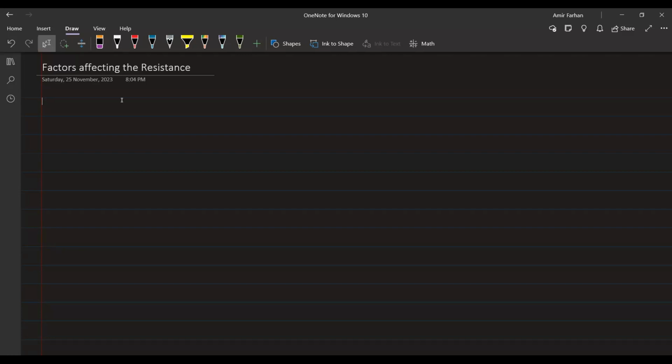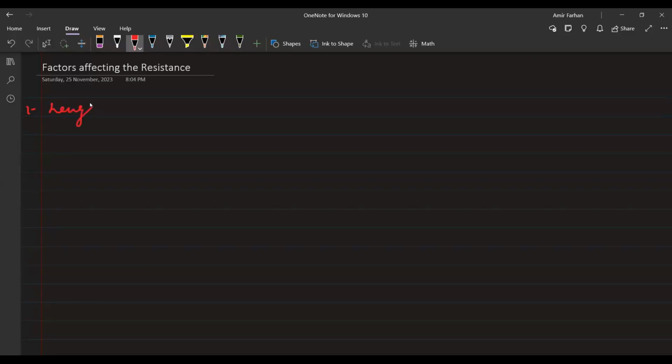Sometimes it happens that some human beings fall ill, and after that they are not able to recover well. So that also affects our body, the immune system. Same thing with resistance itself. There are certain factors which will affect the value of resistance. If you increase a certain parameter, your value of resistance will decrease or increase. So let's find out what the factors are. The first one is